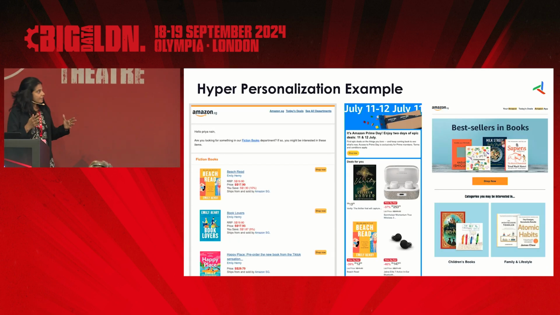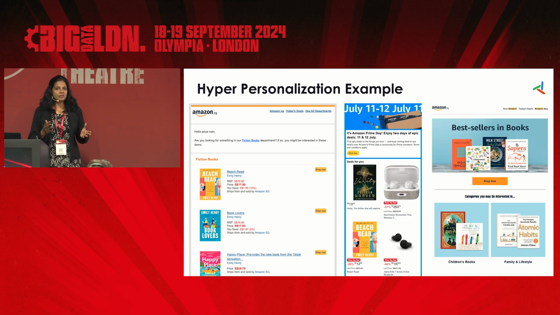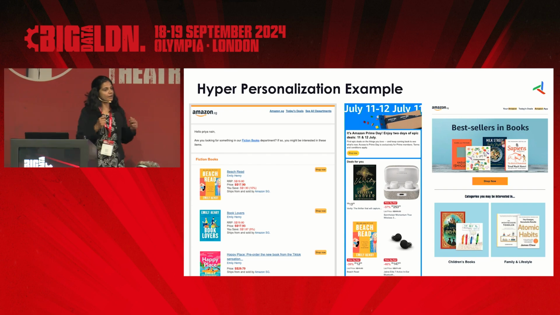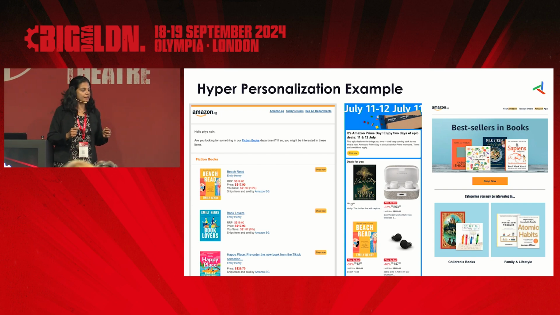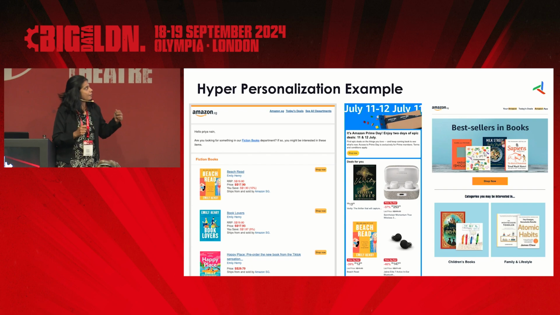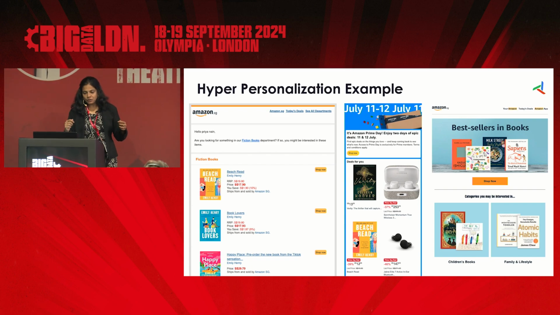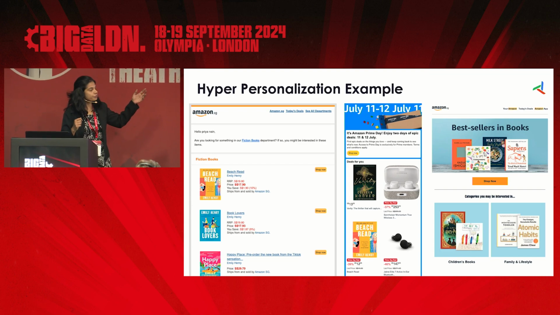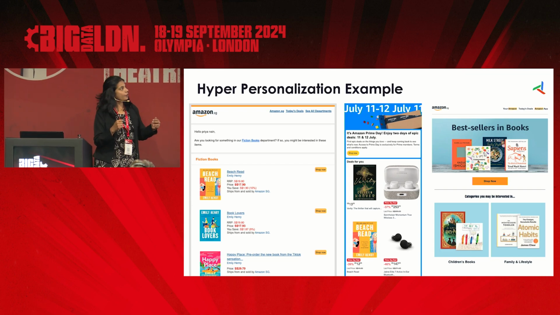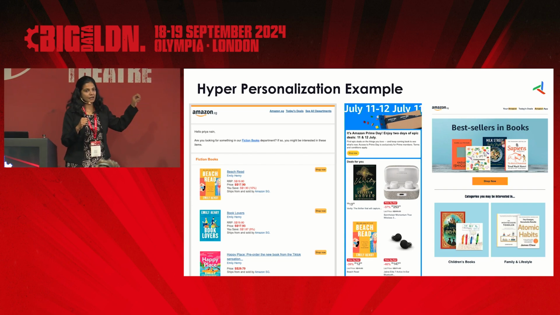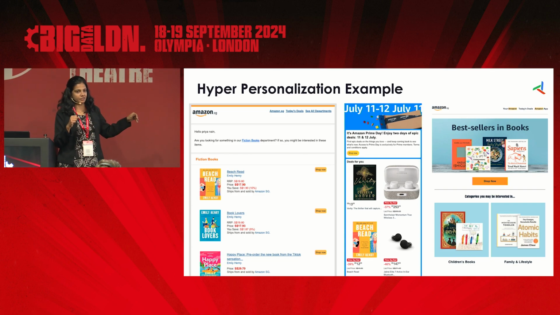Second example, again, something that all of us use every day, at least most of us: Amazon. While Starbucks has really perfected personalization based on all of this, Amazon has really perfected the art of nudging. So they know that this individual, Priya, has looked for books by Emily Henry. So even though the person has not come to Amazon's website looking for this, they send her an email and tell her that these are the books that are available. Hi, Priya, why don't you go check out these books? You might be interested in these.